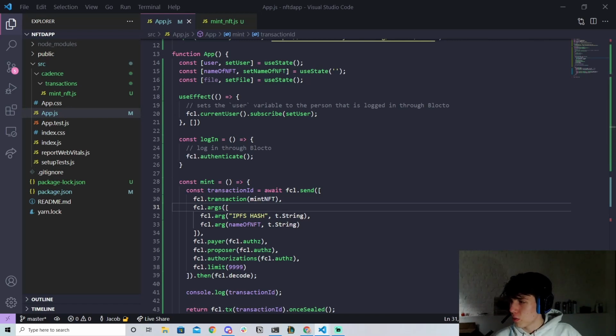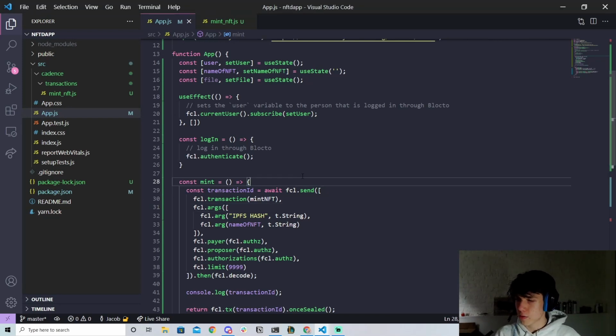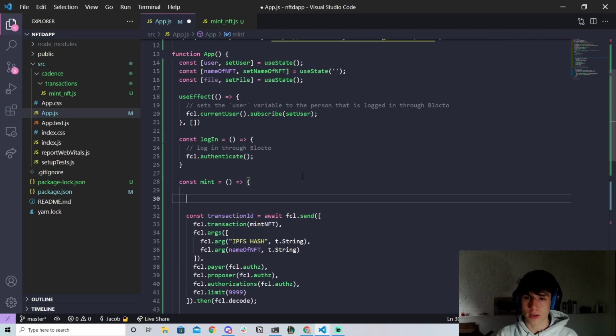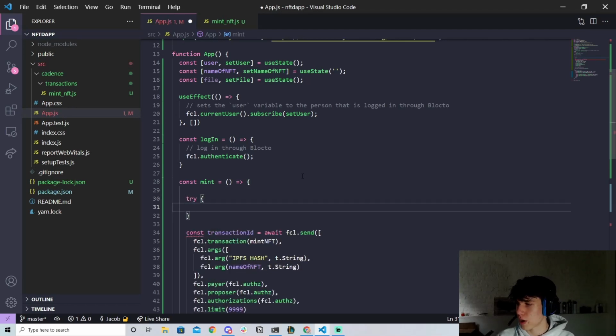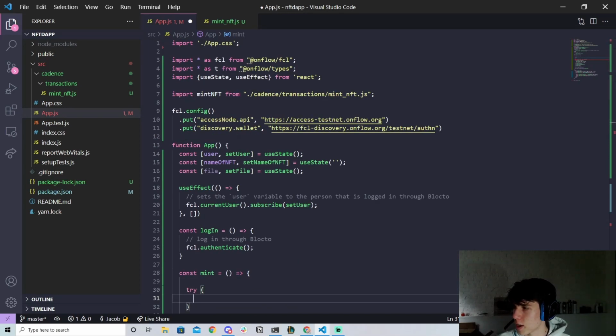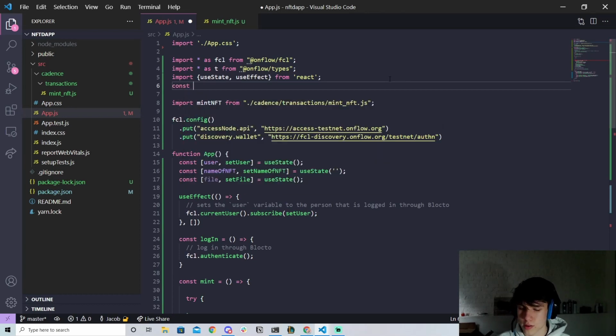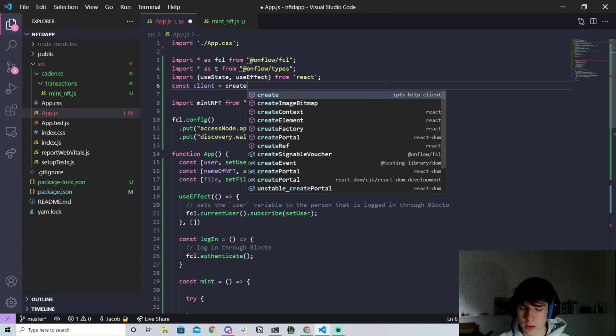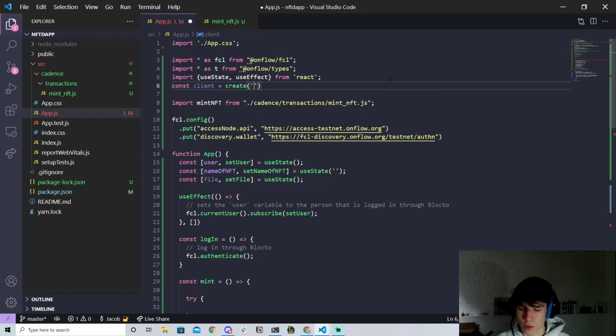So in order to actually do that, we have to upload our image to IPFS, and we're going to do that here. Before we actually mint, we're going to say try, so a little try block. Actually, the one thing we have to do beforehand is set up IPFS. So we have to go up here and say const client equals create, and then we're going to put in this whole string, so HTTPS